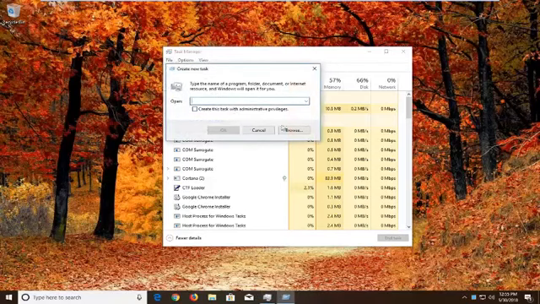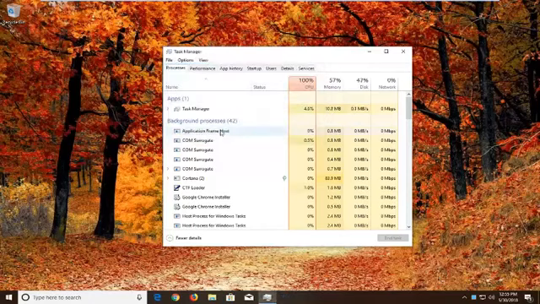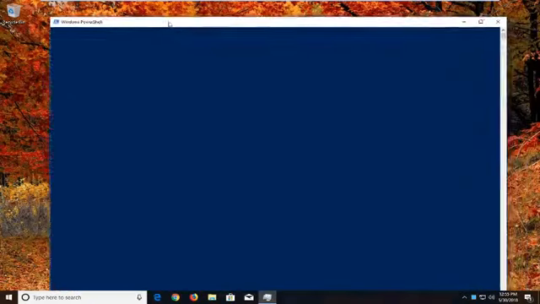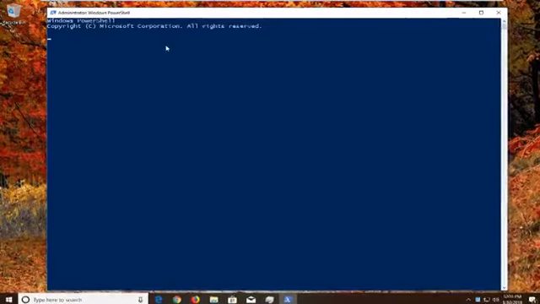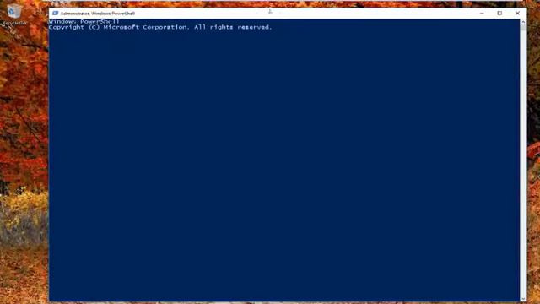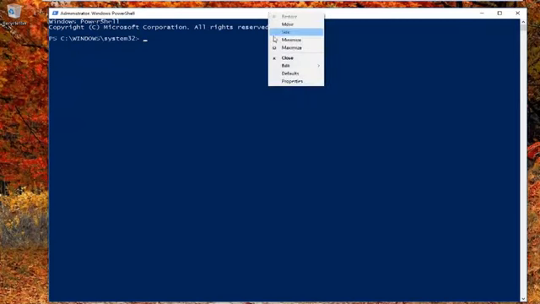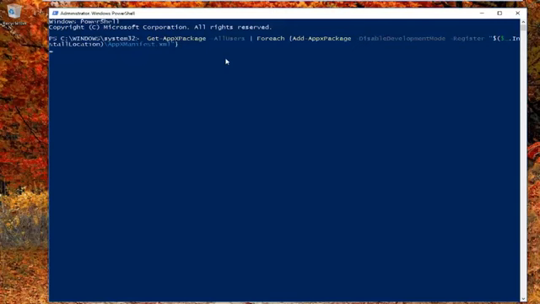Now in the Open field you want to type in PowerShell, exactly as it appears on my screen. Check mark inside the box to create this task with administrative privileges, and then left click on OK. Once you've done that, I'm going to have a command in the description of the video. Copy it, then go up to the top bar here, right click on it, left click on Edit,